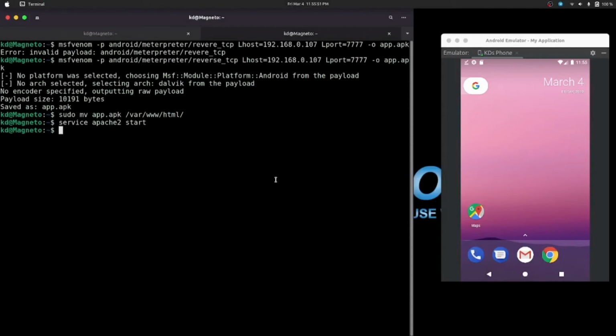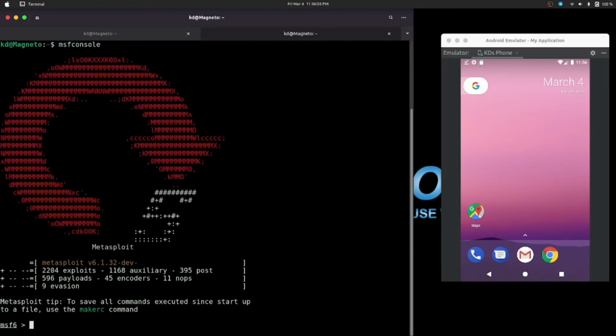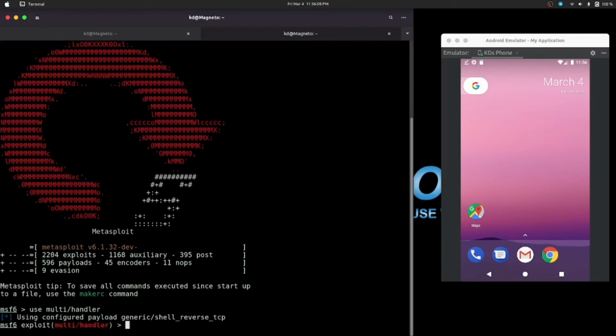So now everything is set. So let's fire up msfconsole. msfconsole, and use multi handler, and now let's set the payload as the same which we generated previously,